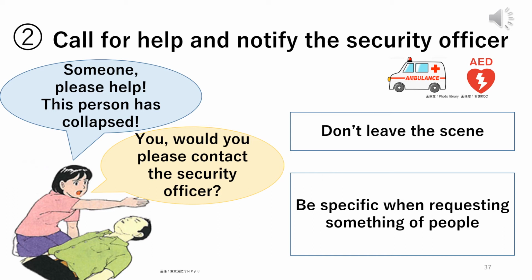If someone is already right next to you, or arrives to help right away, ask them to notify the security officer. Be very specific when you are requesting them to do so, saying, "Will you please contact the security officer?" When multiple people gather at the scene and there is no clarity on who is doing what, people might mistakenly think that someone else will take care of it. If no one comes for help, even after shouting in a loud voice, notify the security officer on your own